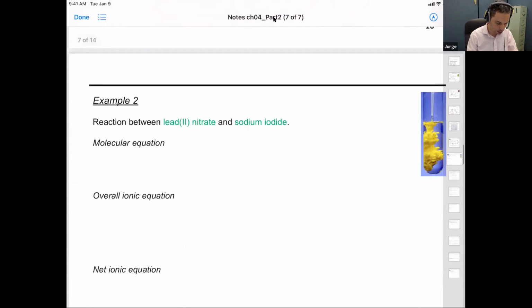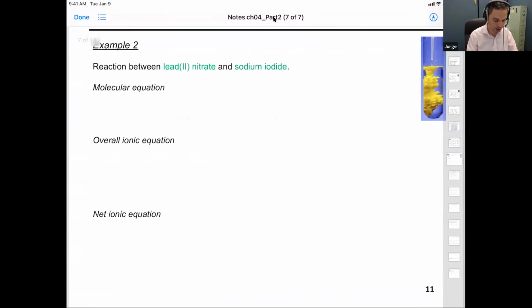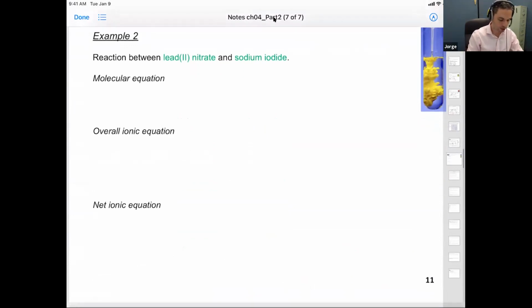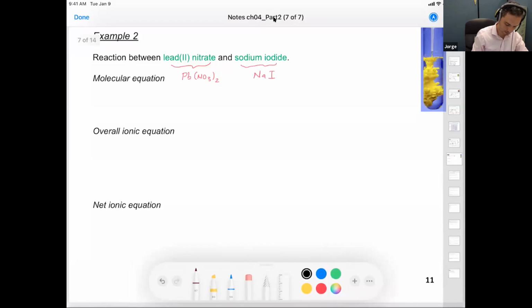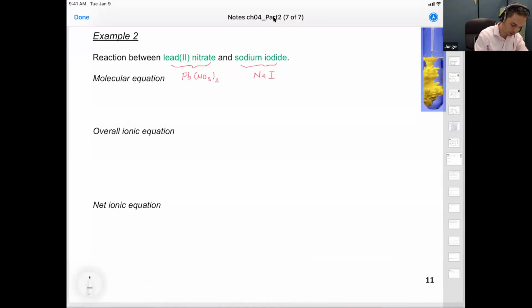Okay, I want to show you a second example and then we will finish for today. So now let's react a salt with a salt. The first one is lead nitrate, and this one you don't need to know the formula, but it's going to be PbNO3 reacting with sodium iodide, NaI. Starting with the molecular equation,